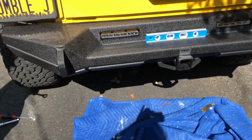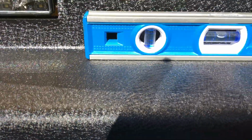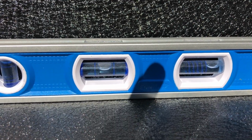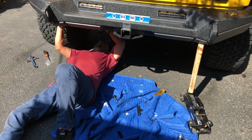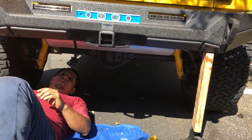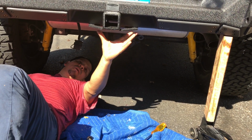All right, so the installation of the rear bumper is almost done. Okay, in fact, I put this level on just to make sure it was nice and straight. So it is straight. Okay, so right after you finish with everything up there, the next step you have to do is to secure your tow hitch,